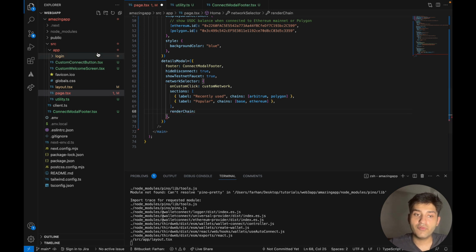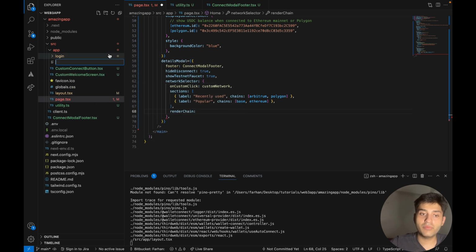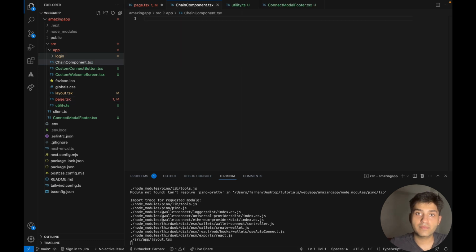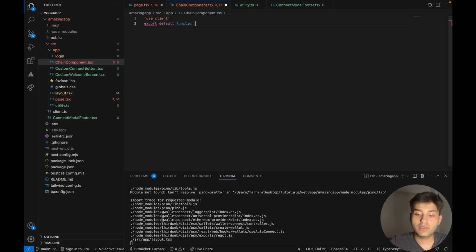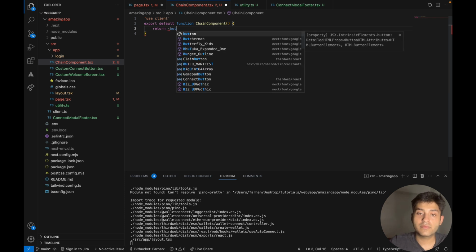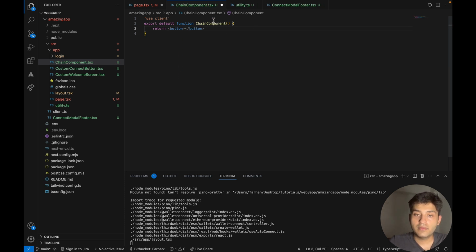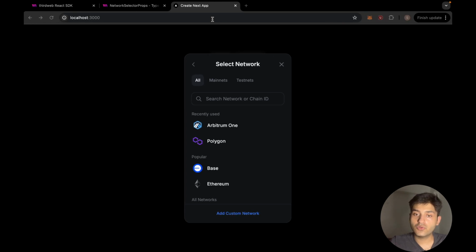So let's go ahead and create a new component. Let's call it chain-component.tsx. First off, let's write here use client, and let's write export default function ChainComponent, and it's basically returning a button. Now let's see what kind of information we can get from the chain. So let's go ahead and